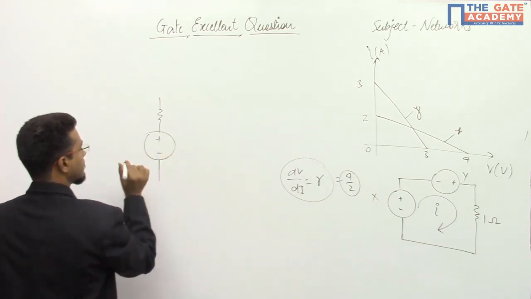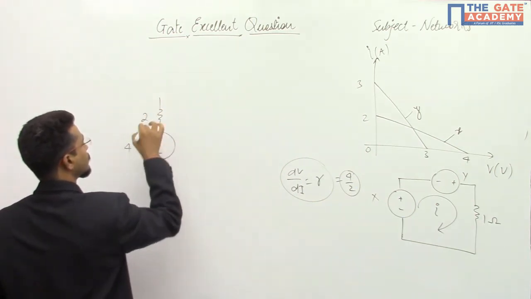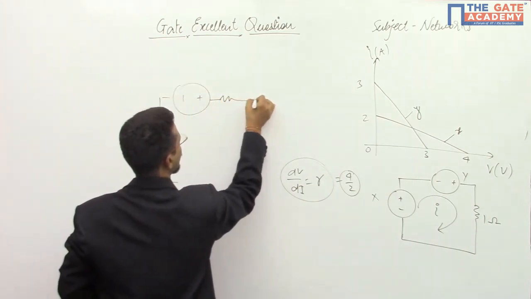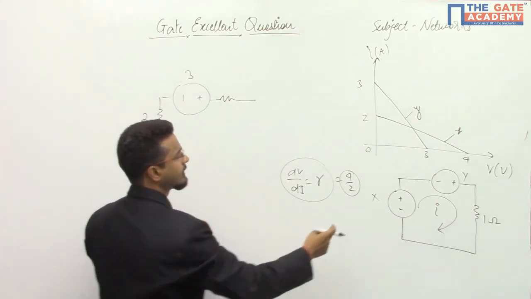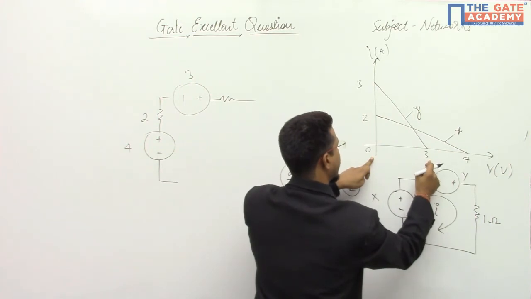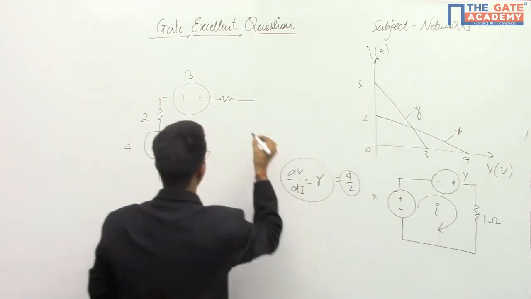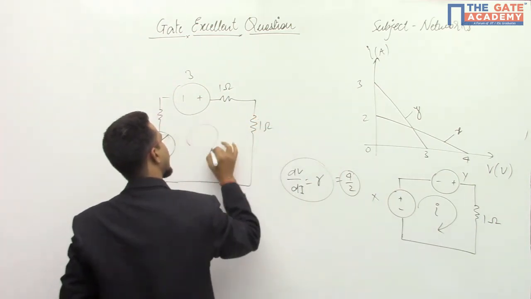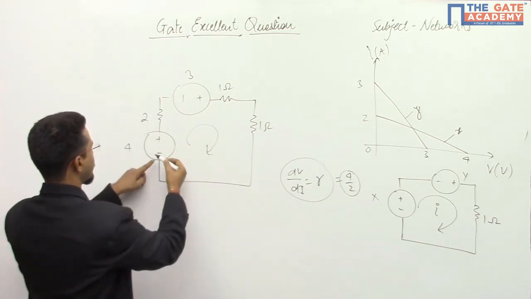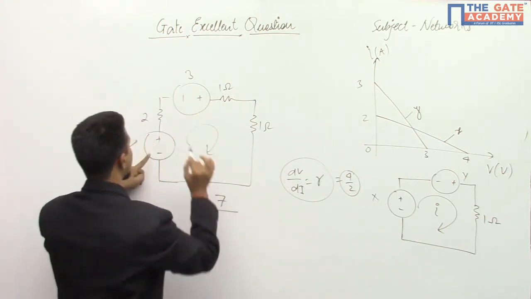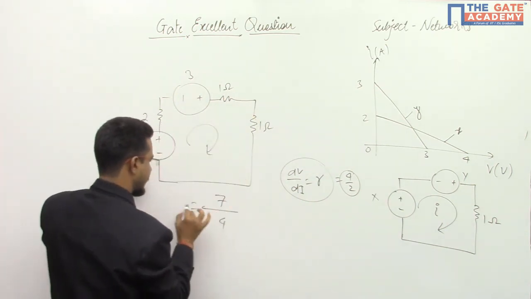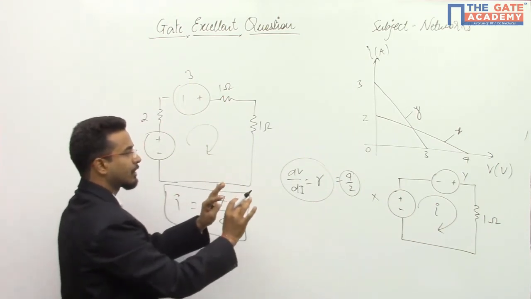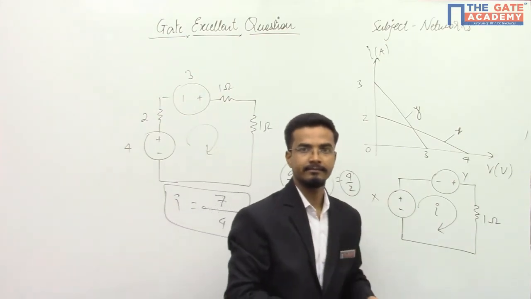So if I apply it here, the maximum voltage is 4 and the resistance is 2. Similarly, for the Y source, one source with one resistance, the maximum offered voltage is 3. The total variation in voltage is 3 and the total variation in current is 3, so the internal resistance will be 1 ohm, and the 1 ohm they have provided exclusively. Now again, if I apply KVL in this path, the 7 volt over 2, 1 and 1, that means 4. Directly you can have the value from here. So either do it by this method or the previous method, you should get the same answer. Okay, thank you.